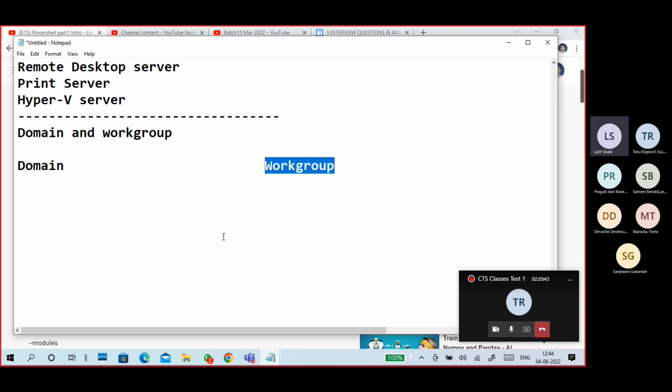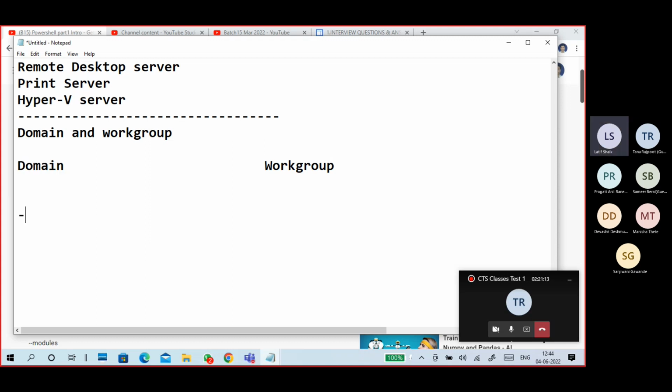In a workgroup, every PC has its own administrator. So you can enforce various types of settings to all the computers in the domain. Here you have to go to each individual computer to put the settings like group policies. Here local group policies, here domain group policies.